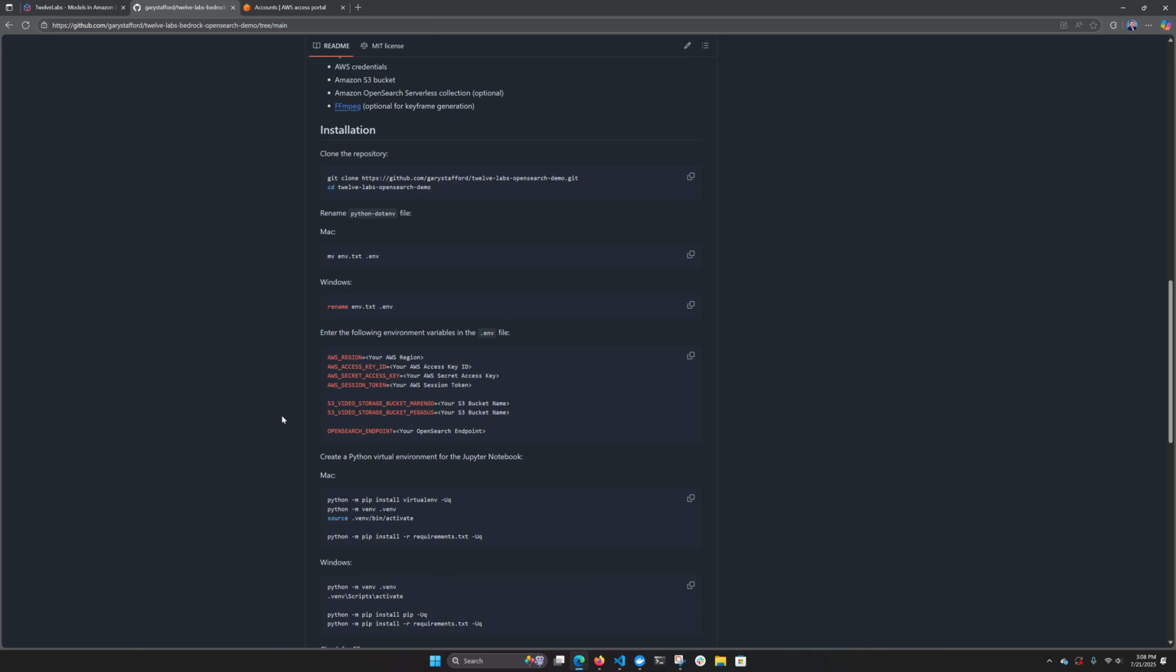Next, I mentioned the 2 buckets. Unfortunately for the launch, the Marengo and the Pegasus models are in 2 different regions. Marengo is in US East 1 and Pegasus is in US West 2. Now, we can use what's referred to as cross-region inference to access the Pegasus model, but as of today, my